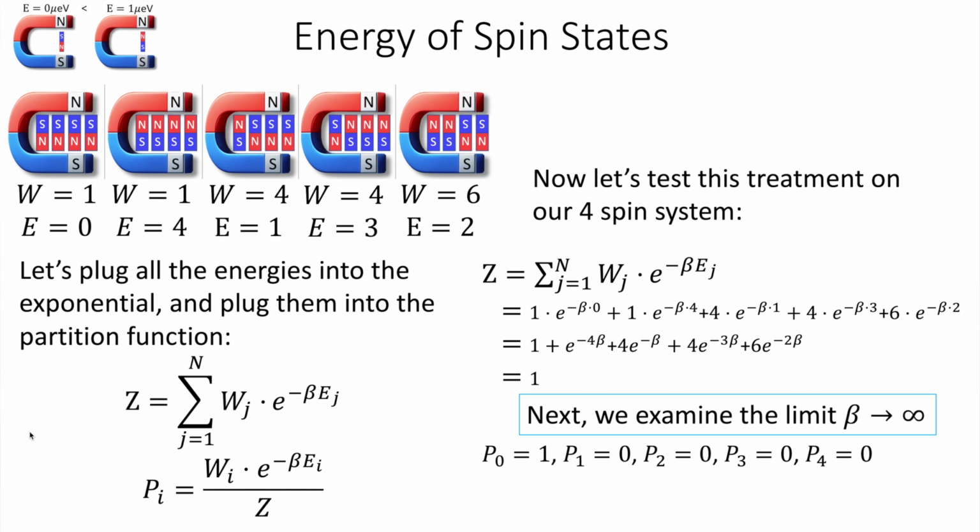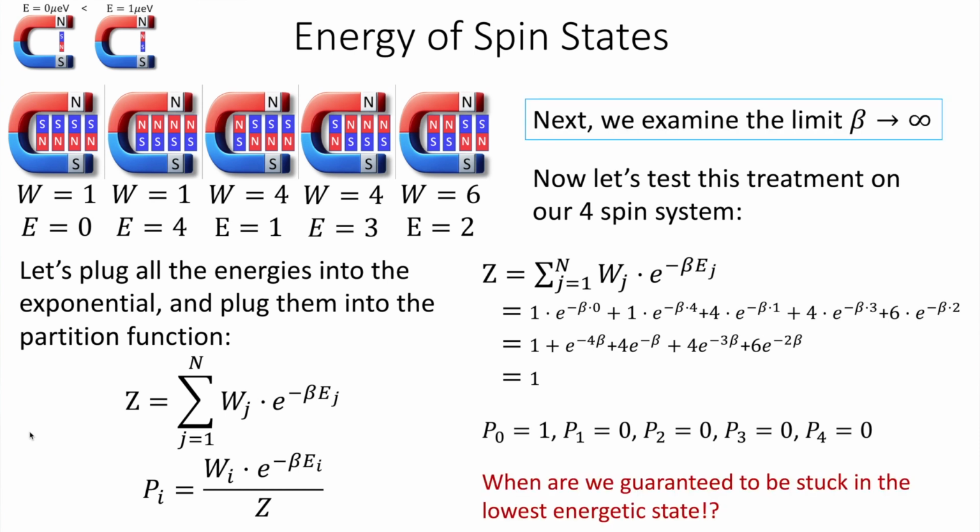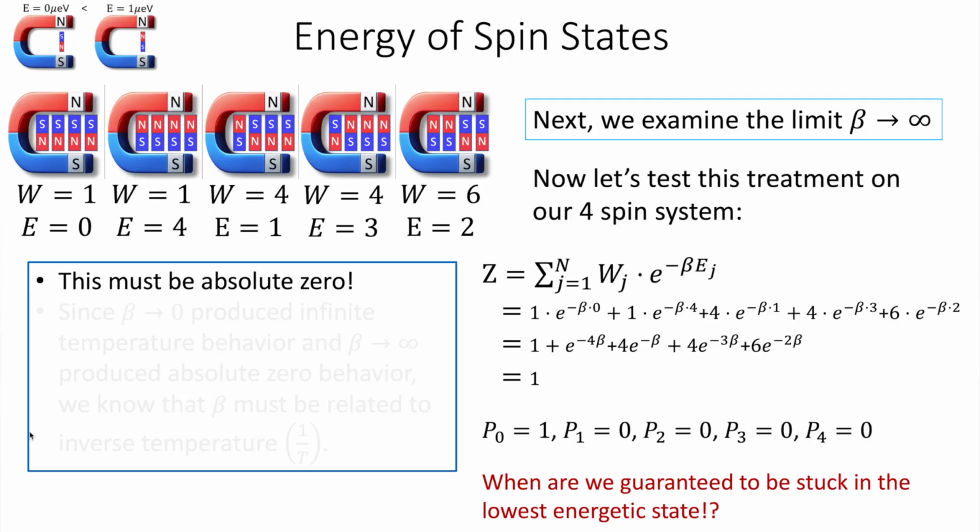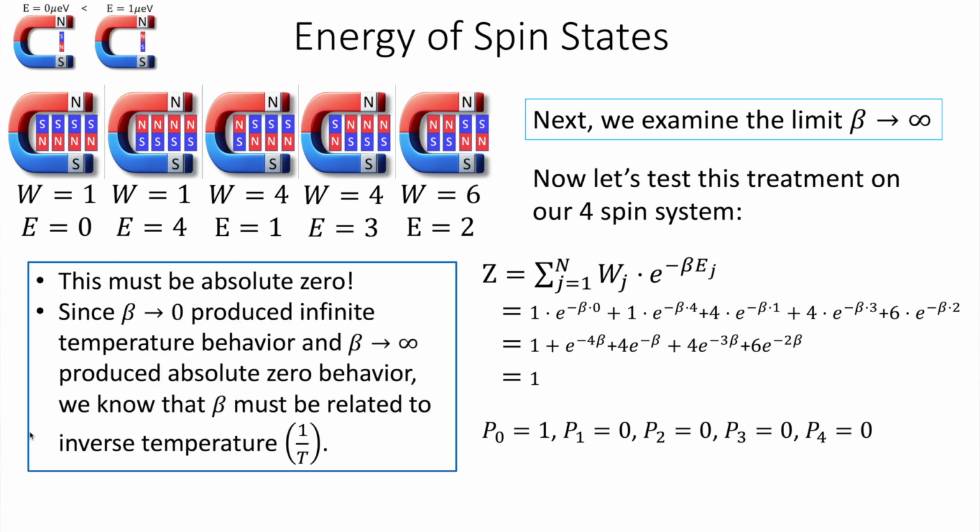Everything else is now 0. Well, when are we guaranteed to be stuck in the 0 energy state? Absolute 0, right? We must be at absolute 0 now. That's what's going on here. So basically, we're seeing temperature going to 0. As temperature approaches 0, you are guaranteed that your spins are all going to be in that lowest energy state